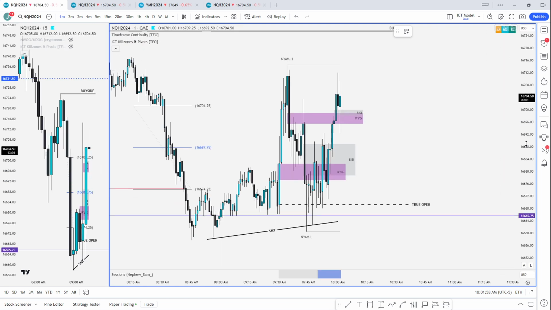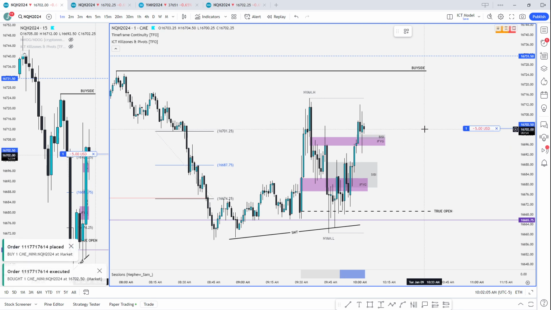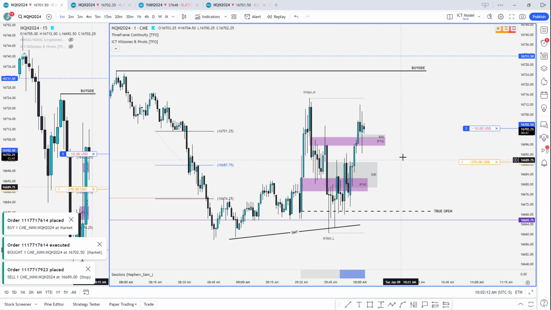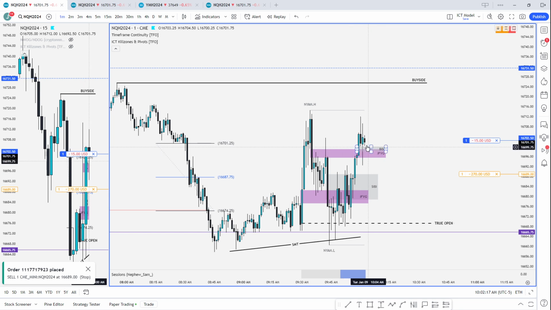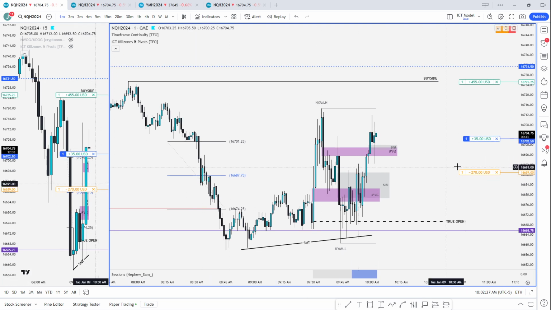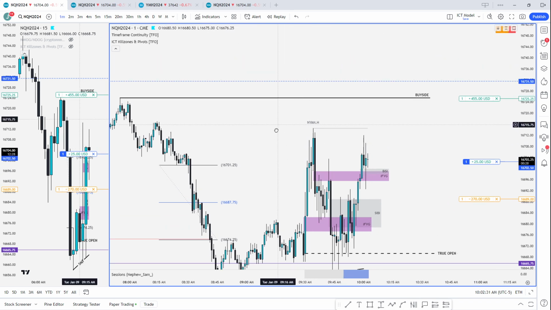Go back to NQ. Still within macro time. We got a retracement here at 10:01. I'd feel comfortable going long here, just as a demo. Trailing stop right at this SIBI premium end. It's balanced, so probably don't want to see a trade back, especially with ES on the breaker, BISI, and we have inversion gaps in here. All should hold price. We'll do take profit above, right at that buy side. More than 20 points, but I feel comfortable with that expansion, especially as we have the RTH gap 50% still